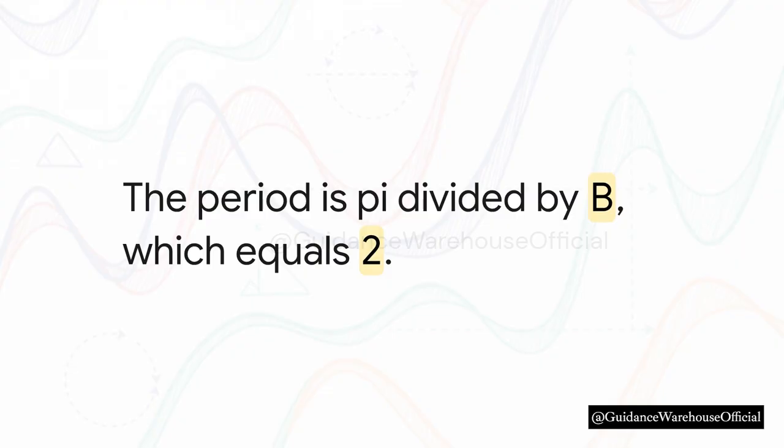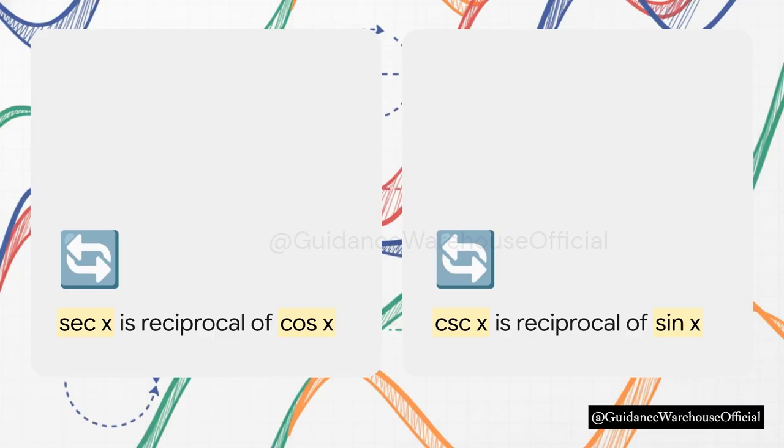The pi's cancel right out, and that gives us a clean whole number period of 2. Now, since that full period is 2, we just split it right down the middle to find our outer boundaries. That means our asymptotes sit neatly at -1 and +1. Now that we've got a really solid grasp on the basic tangent curve and its asymptotes, let's smoothly transition over